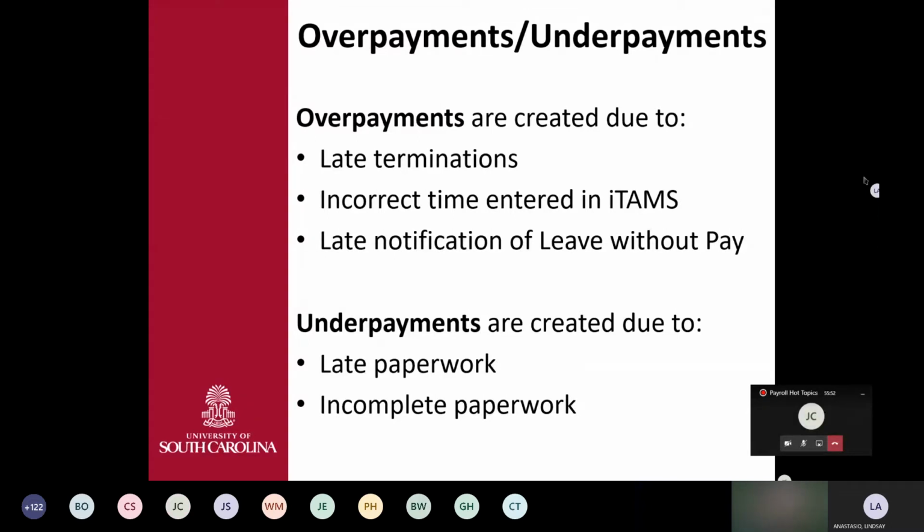Our next question, Wanda, is how can I verify that a 10.5 month employee is paid over 12 months? Well, if you send us an email, direct that email to our payroll department email box with that employee's information, and we'll work with you individually to get that verified for you. All right, you're good to go, Wanda.